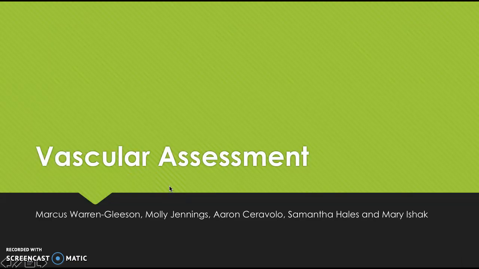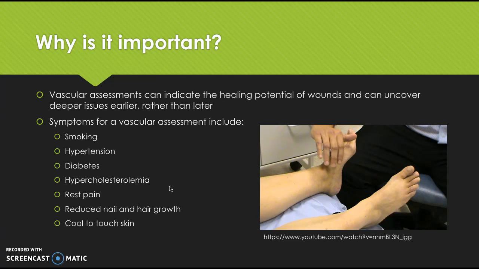Hi everyone, today we're going to discuss with you the importance of a vascular assessment and the outcomes it can have on the podiatrist and patient. A vascular assessment involves picking up on symptoms highlighted by patients and monitoring their ongoing vascular status in the clinic. Symptoms for a vascular assessment include smoking, hypertension, diabetes, hypercholesterolemia, breast pain, reduced nail and hair growth, and cool to